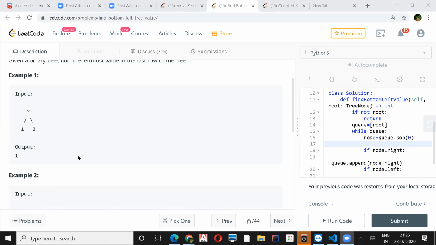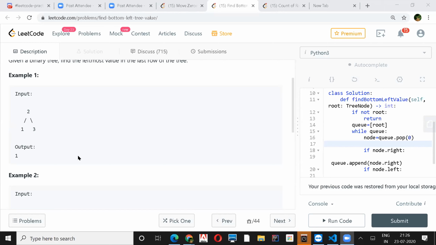Yes. I thought you were simply taking the first child. No, you need to add both. You'll have to do the complete level order, but only store the first one in each level. Yeah, store the first. Just mark that and reinitialize that variable whenever you're starting a new level. Correct. And the same approach can be implemented very easily.